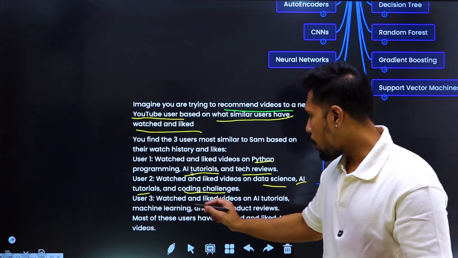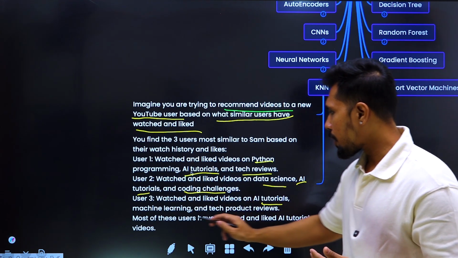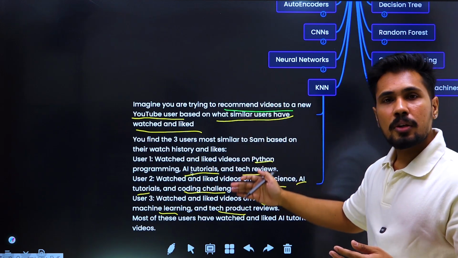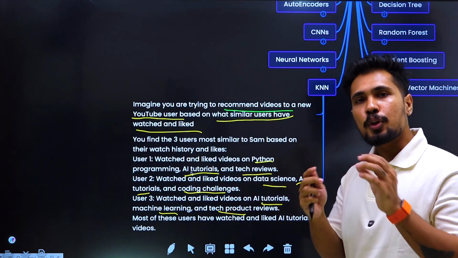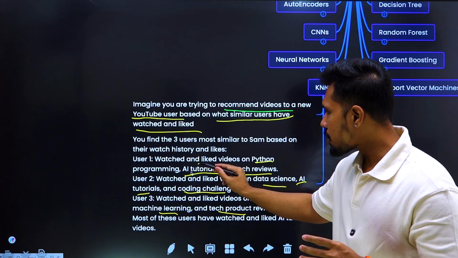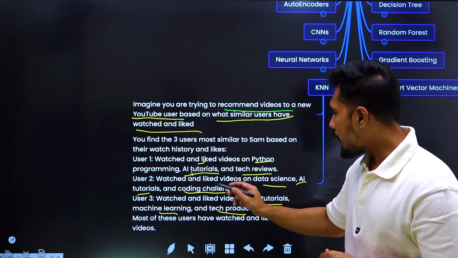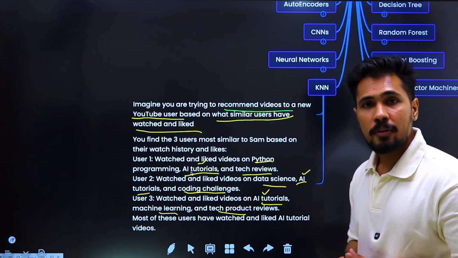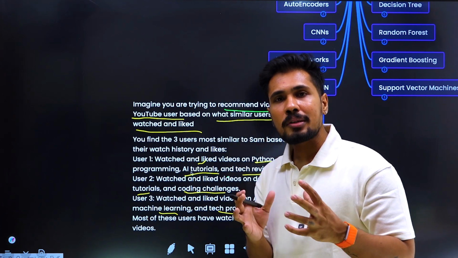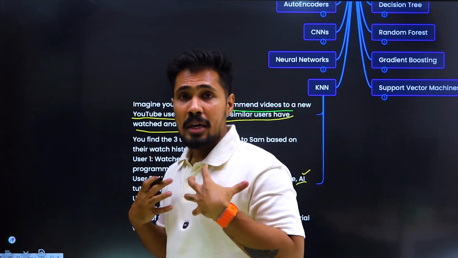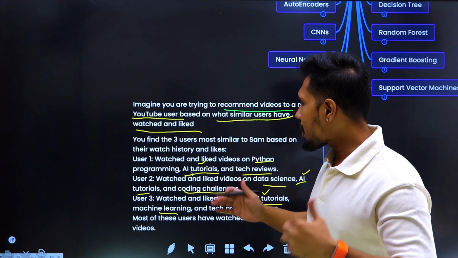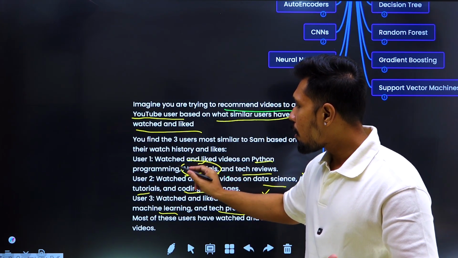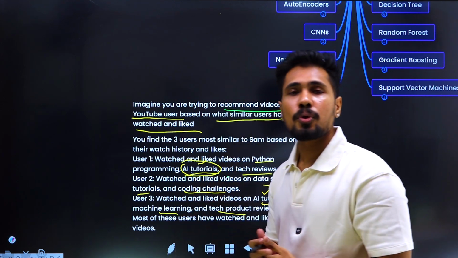User 3 watched and liked videos on AI tutorials, machine learning, tech product reviews, etc. Out of these three users, AI tutorials are common to all three. So based on these, we are trying to recommend AI tutorials to